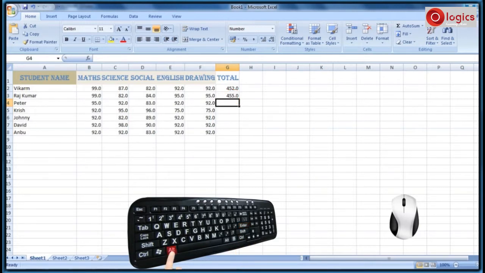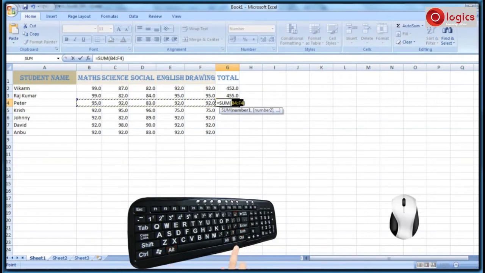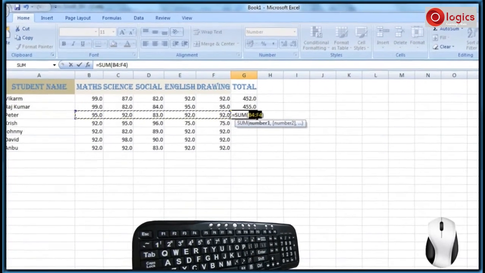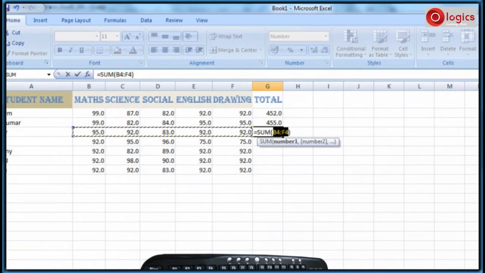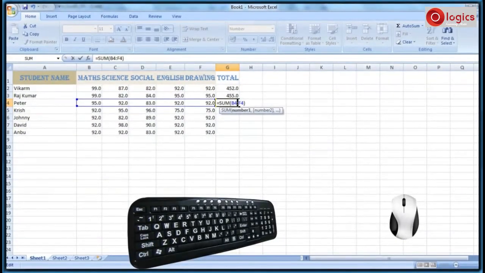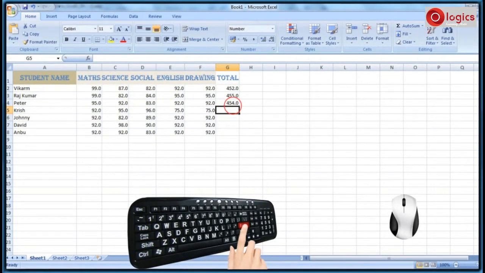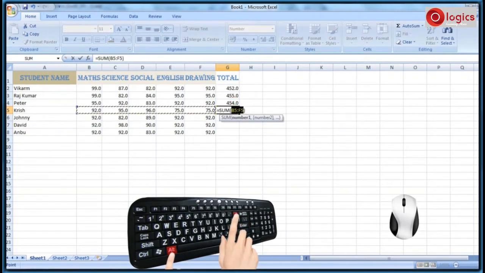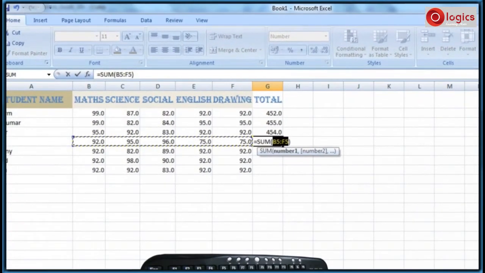Press Alt is equal to, the sum function appeared. This time it is calculating the range from B4 to F4. Press enter to get the result. Do the same procedure again. This time it is calculating the total between the cells B5 to F5.